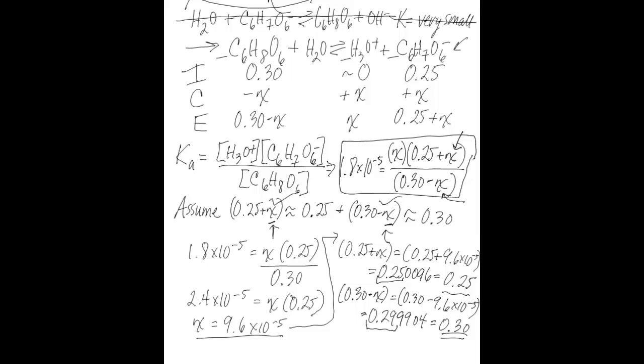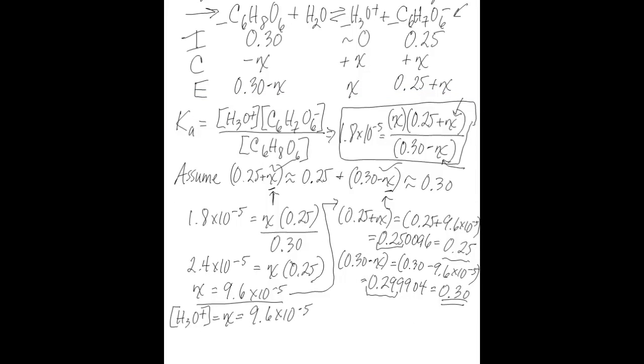So now we can use this X value to find the concentrations in our ICE table. So the hydronium ion concentration we designated as X, so the equilibrium concentration in the last row of our ICE table. And we know that the hydronium ion concentration is 9.6 times 10 to the negative 5 because it's equal to X. Now to find the other two concentrations that are in our ICE table,